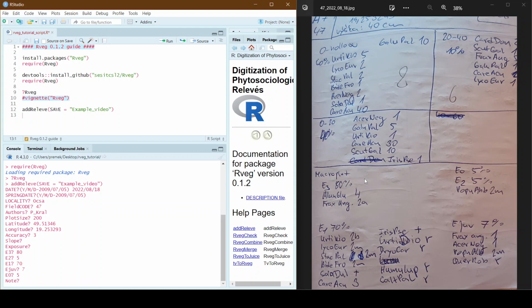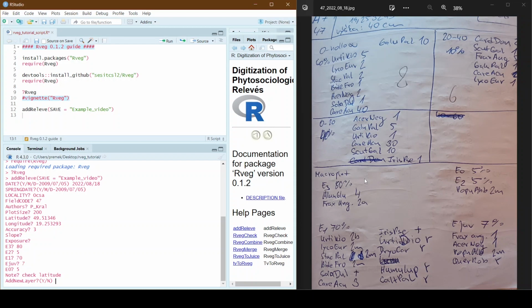And now there's the last characteristic, notes. If you want to add some extra notes, I don't need to, or I can write here something like: check latitude for later on. So now we filled out the header, and now it's time to start writing the species.